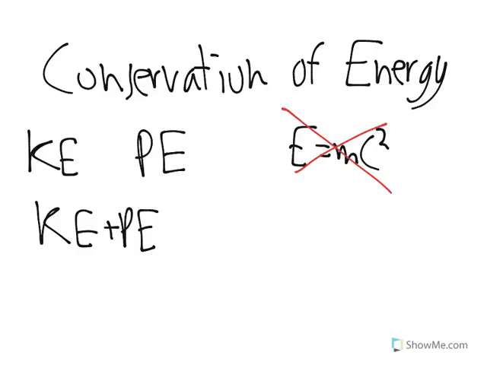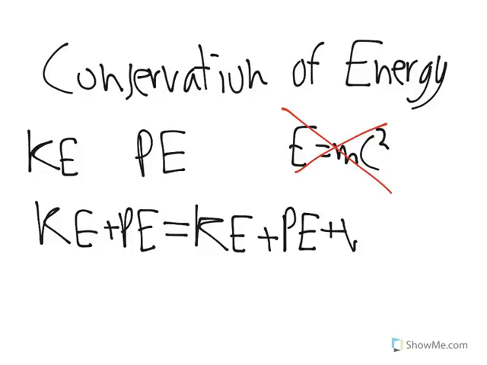So what does this mean? The energy at the beginning has to equal the energy at the end. So the energy at the end is the new kinetic energy, plus the new potential energy, but something else. What about other things that are interfering? For instance, friction, or someone helps push something to bring it up to speed. We need to include work. So the initial kinetic energy plus the initial potential energy equals the final kinetic energy plus the final potential energy plus